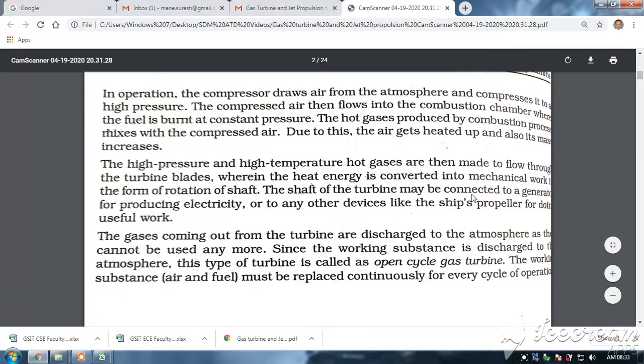The shaft of the turbine may be connected to a generator for producing electricity or any other device such as a ship's propeller for doing useful work. The gases coming out of the turbine are discharged to the atmosphere as they cannot be used anymore. Since the working substance is discharged